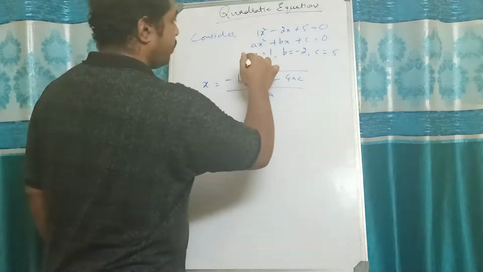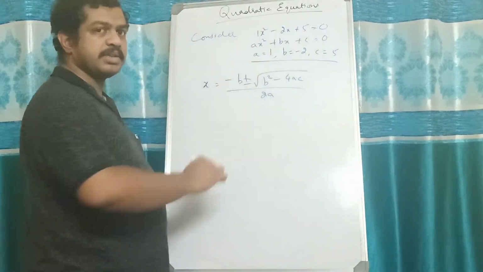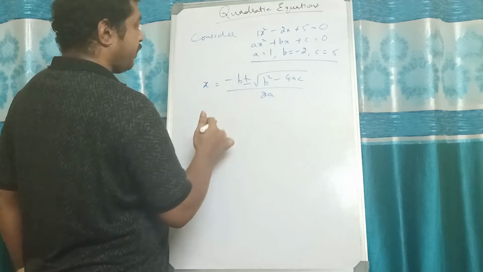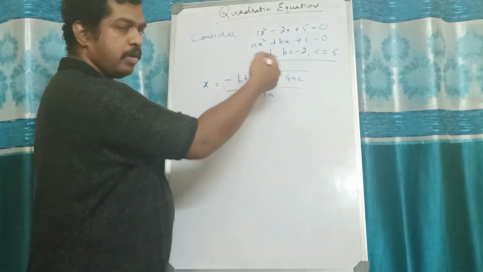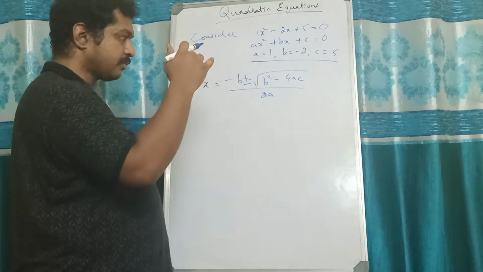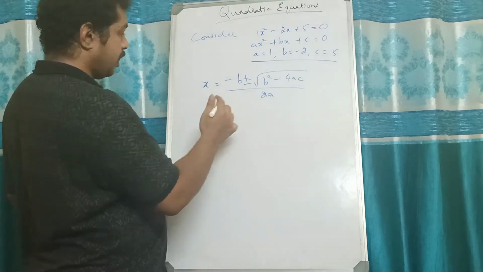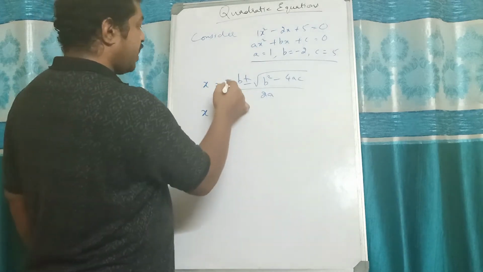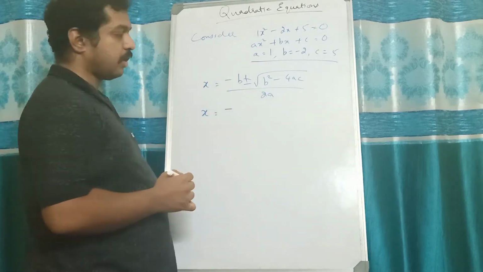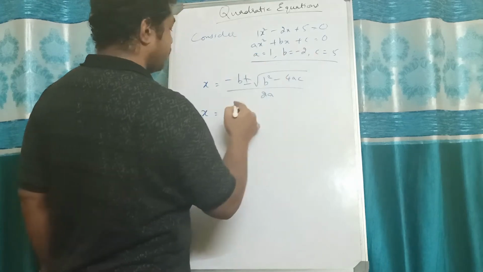Okay. So keeping these values in mind, after writing the formula, we just have to substitute the values of a, b, c in this whole formula and then compute the value of it, right? Okay. Let me try to do that now. So x will be equal to minus, that is there, I will put as it is. Okay, the value of b is how much? -2.